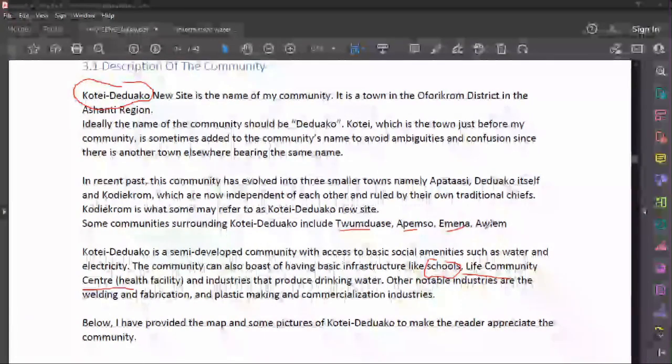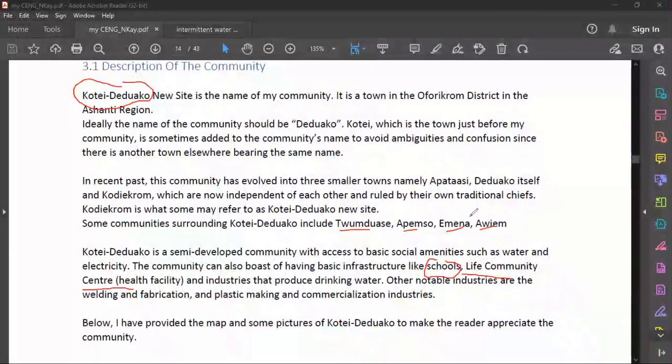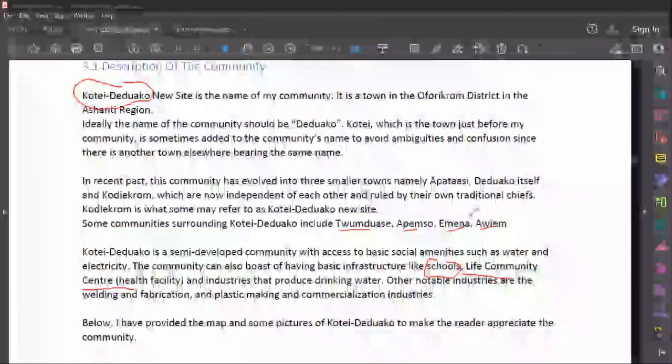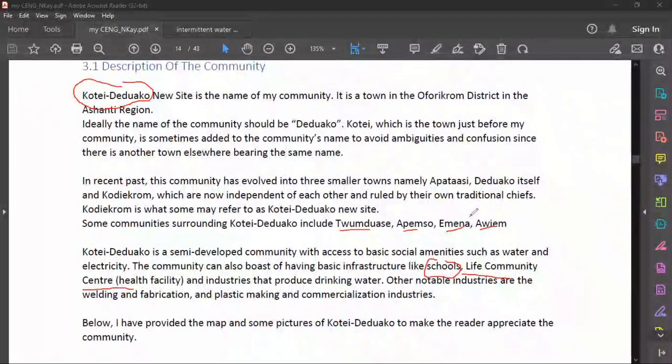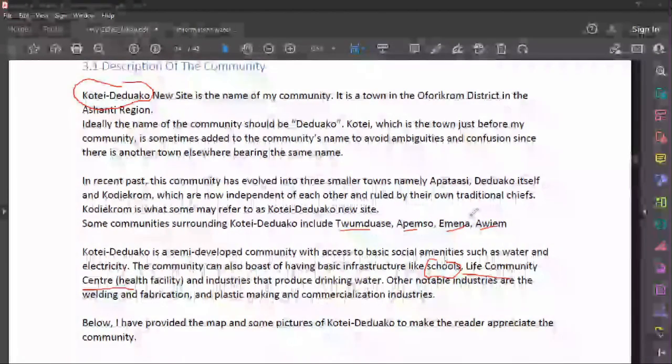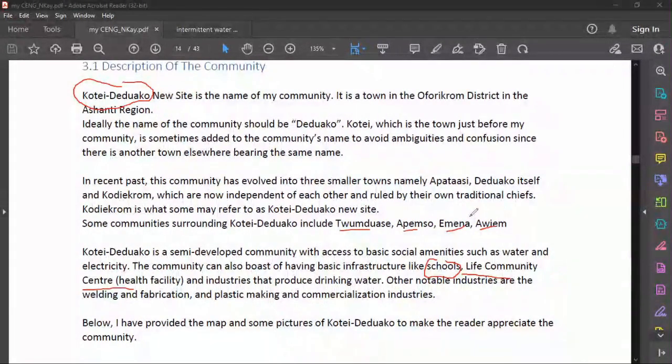So it is very, very important to introduce this as well, because most of the surroundings of your community could also be affected by that problem, but then it wouldn't be as intense as that of your community. Do you get it? So you should introduce that as well. It is very, very important. And then you could see that he went